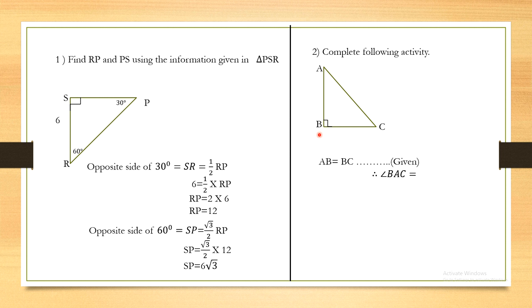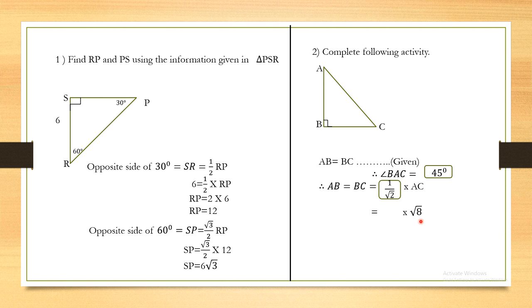So BAC and BCA both are congruent, so both must be of 45 degree, because 45 plus 45 plus 90 becomes 180. Okay, now suppose these are 45 degree, then opposite side of 45 degree, AB equal to BC equal to bracket into AC. So here what we have to write with the help of 45-45-90 degree theorem? Yes, 1 upon root 2. Okay, so 1 upon root 2 into AC.